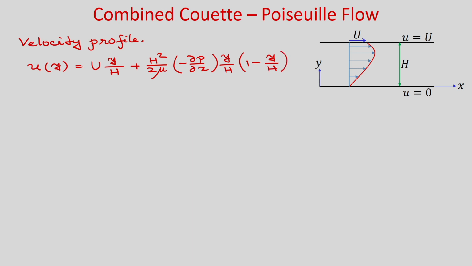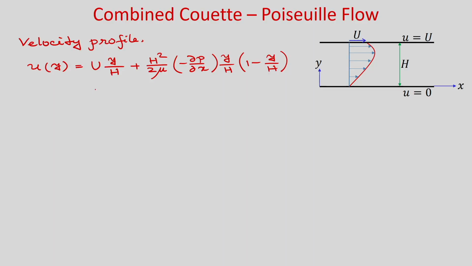So, you carefully see this velocity profile. You can see the first term on the right hand side is the solution from the plane Couette flow, and the second term in this velocity profile is the solution from the plane Poiseuille flow. You can see that the governing equation is linear and homogeneous. So, we are getting the superposition of these two velocities as the velocity for the combined Couette and Poiseuille flow.